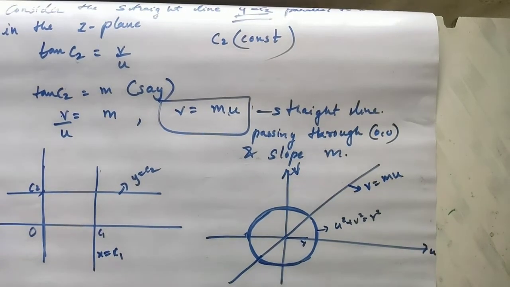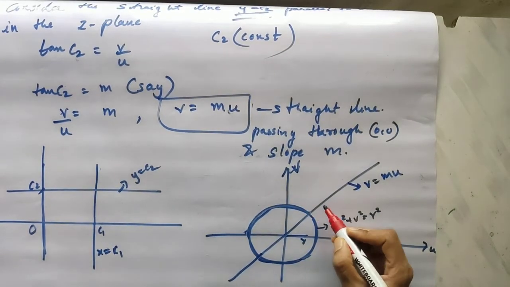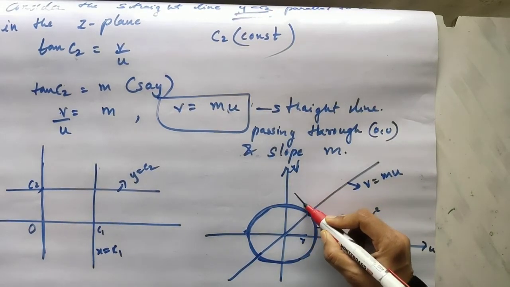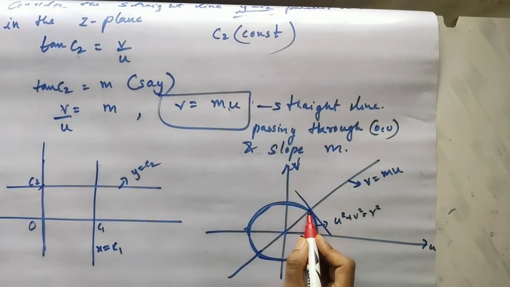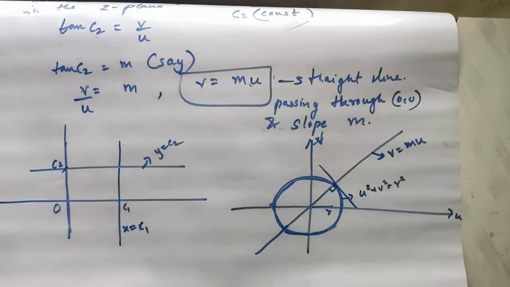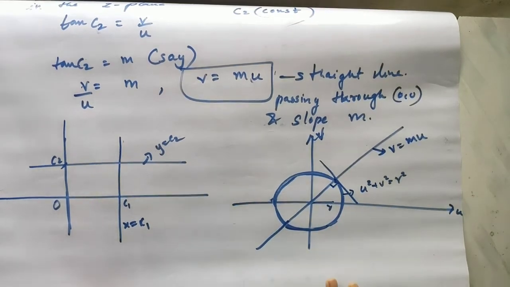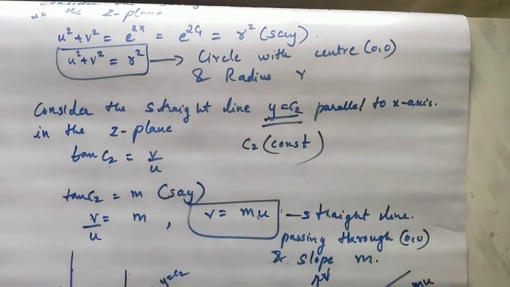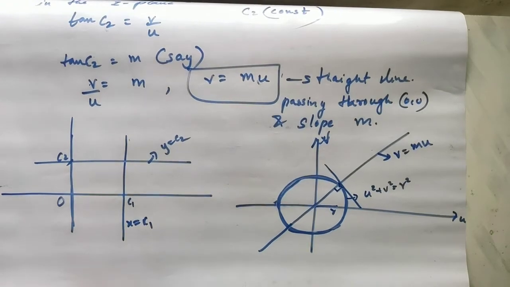Yes or no? Now let us consider how the two images are intersecting. Now if I just draw, the two images are intersecting at this point. Now if at this point I draw a tangent to this circle, what do you see? Yes, the two are intersecting at right angles. Yes or no? Yes, the two are intersecting at right angles. So I can say that the two are orthogonal trajectories. So the images of the lines parallel to the coordinate axes in the Z plane are orthogonal trajectories. Hence we have proved it.